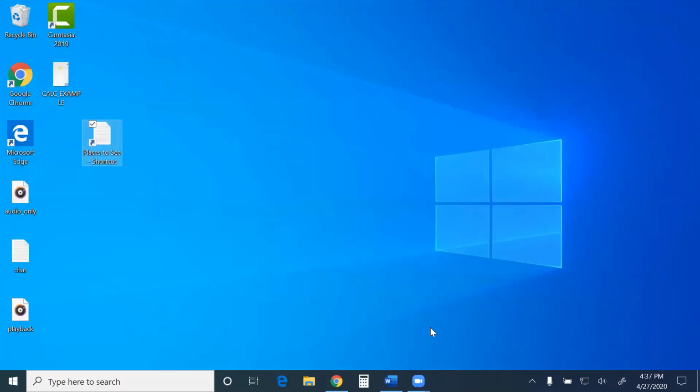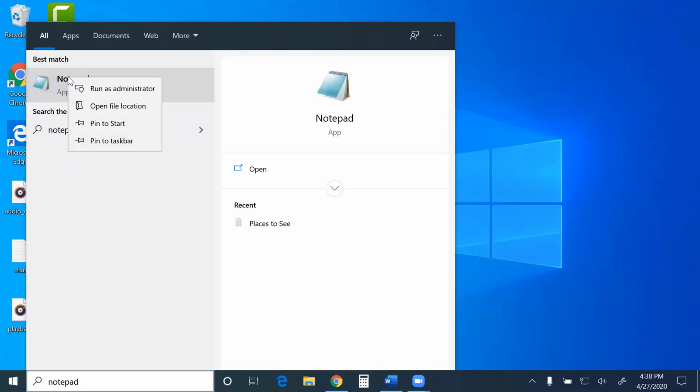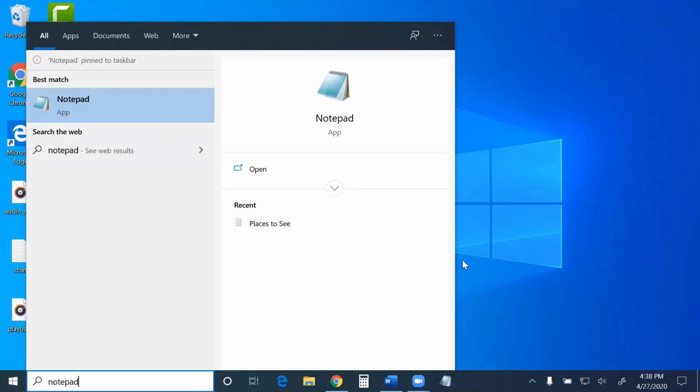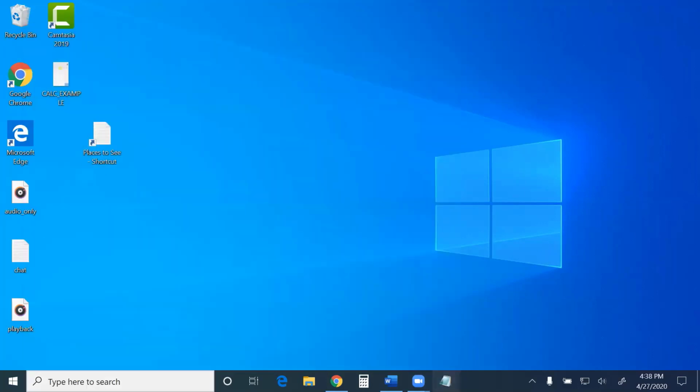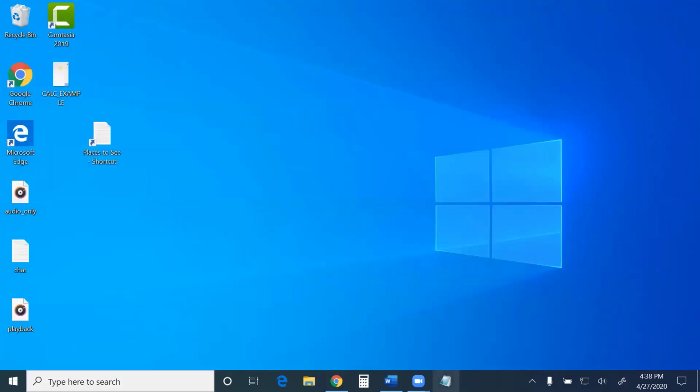Here's one very important thing about finding files that you've recently worked on. Let's say in another video, we did an example where if I use Notepad a lot, I might want to have it pinned to my taskbar down here at the bottom of the screen, so it's easier to find. If I right-click on Notepad and say Pin to Taskbar, I now have an icon here that I can click one time. It opens Notepad, and I can close it, and it stays down here.